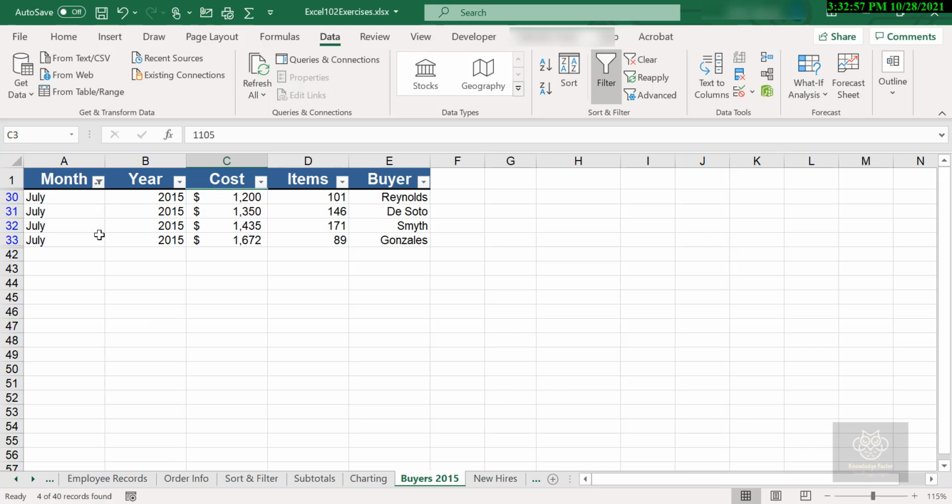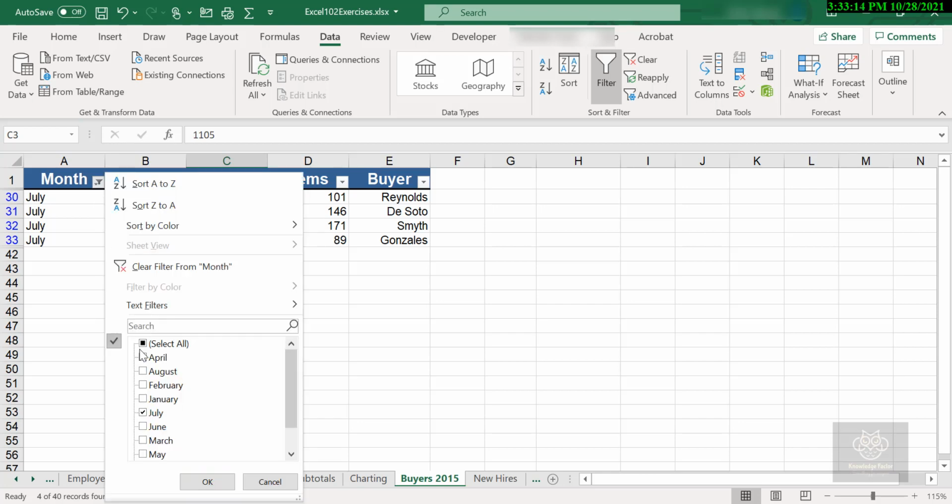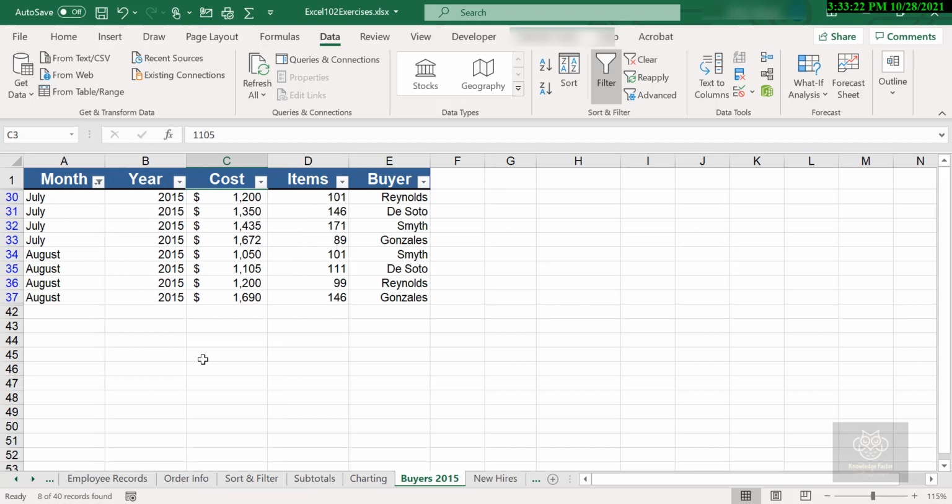So I'll go back up to the little drop down of the month column, and you will notice that it now has a little funnel icon, which denotes that I have filtered by this column. I'm going to find August. There is August, and I'll hit OK. And I have now filtered my list for both July and August.